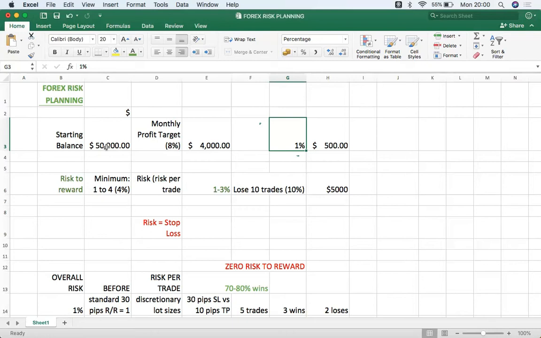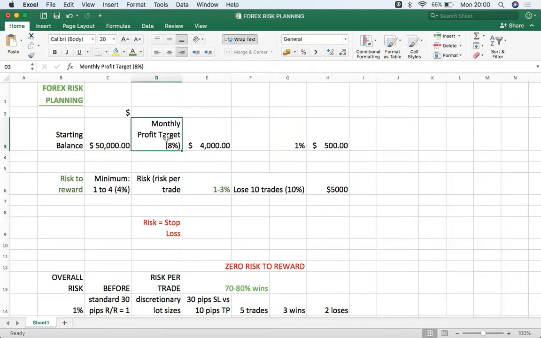Okay, so your mental space and just your statistical space, whereby you have no clue about the numbers that you're targeting to grow your account, in any given period, whether it's daily or monthly. On the whole, most of us will look at our starting balance and take a percentage of that as a target, maybe we want to grow the account by 1%, 2%, 10%, 20%, whatever. But for the purpose of this example, I'm going to use 8%. Not to say that you can't make more than 8% a month. We're just working with this figure.